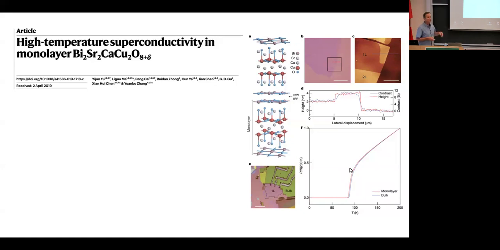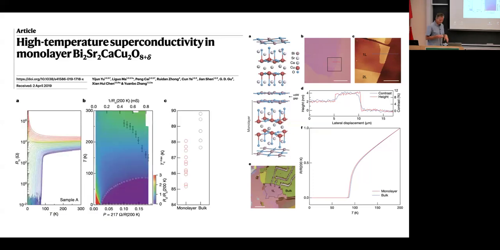So as soon as we saw this, we started thinking, okay, people twist graphene, they twist all sorts of other materials. Now we have a monolayer thin high TC cuprate. So is there anything interesting that one can do when twisting these materials? This is just to show here a picture from Yang-Bo Zheng's paper, where they demonstrated that all the properties that were previously observed in bulk crystals actually translate to a single monolayer.